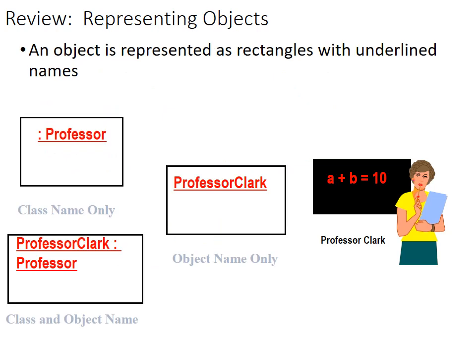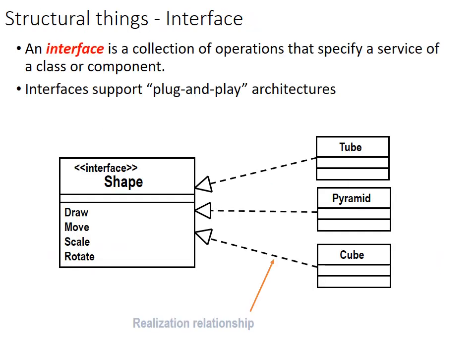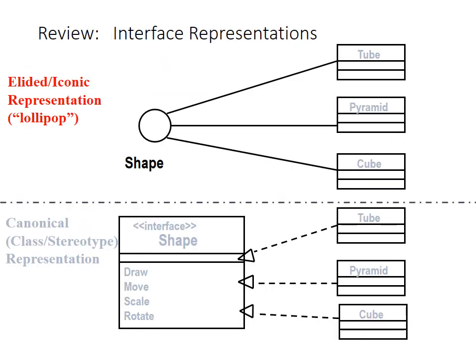Name the class professor, which can be an object represented in rectangles. Mostly we use this, and interface. So a shape, which is a common type, is a tube or pyramid or cube. It can be all these types of shapes. Or in short, this is called the inheritance hierarchy. Those are types, because tube is a type of shape, pyramid is a type of shape, cube is a type, right? So the same goes here.